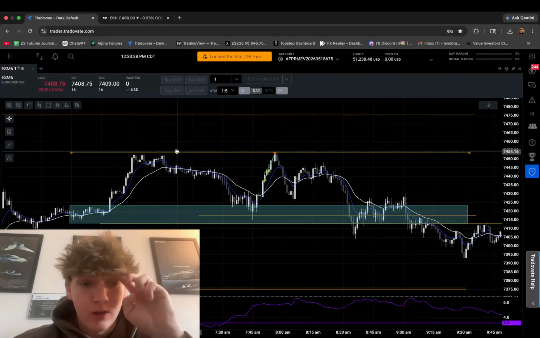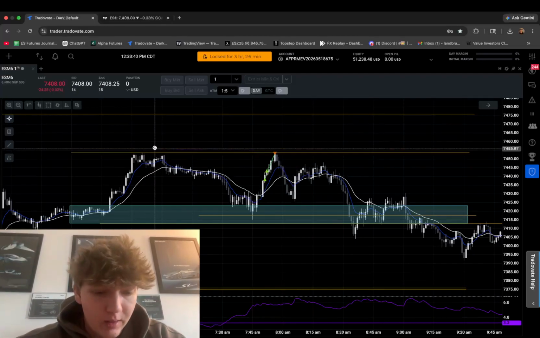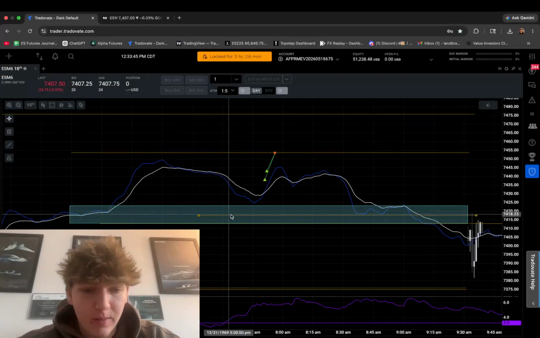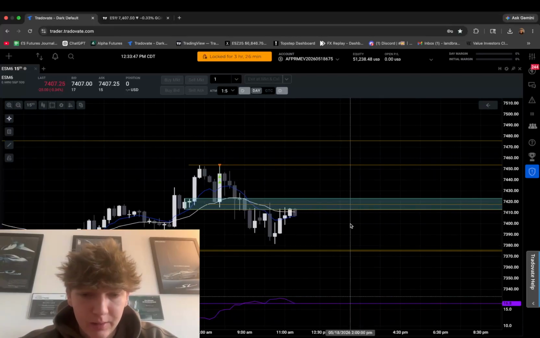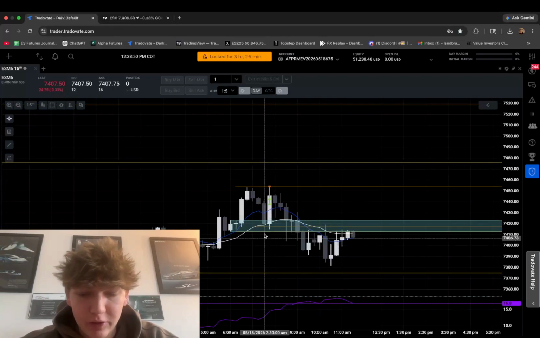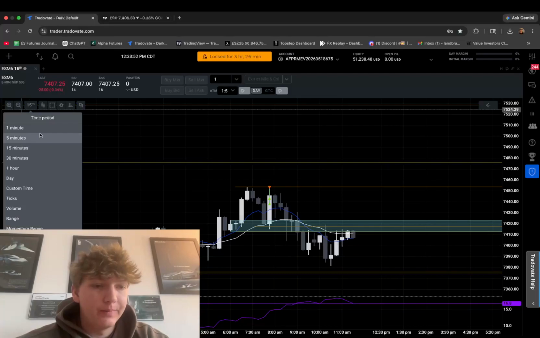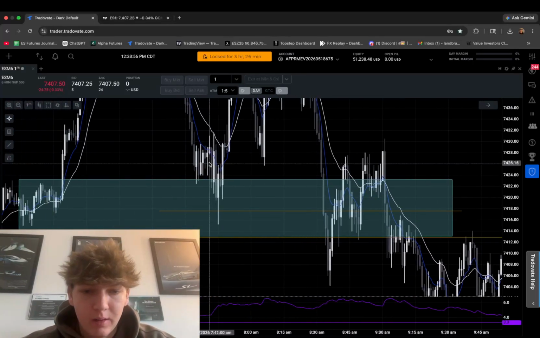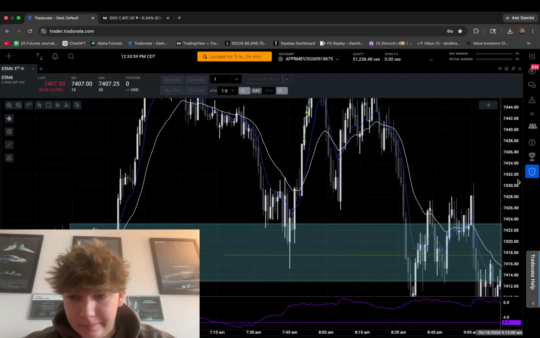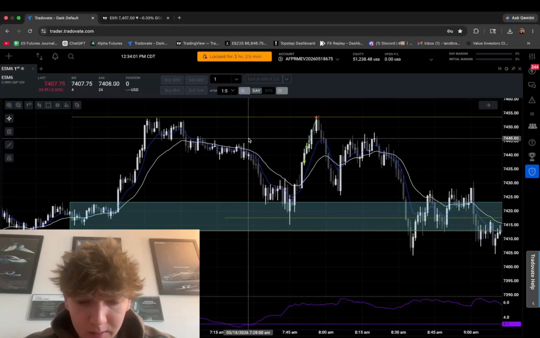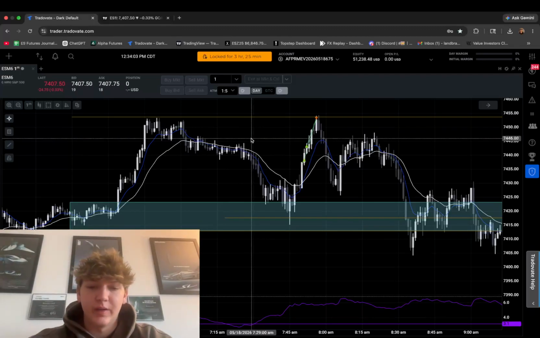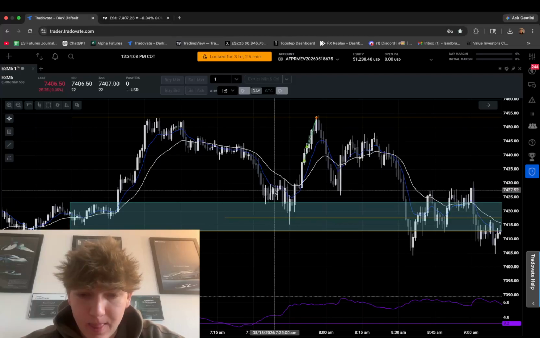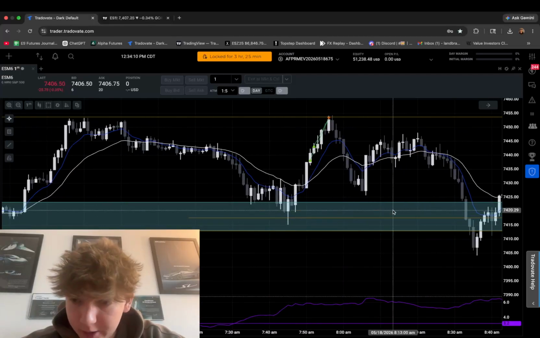Okay, so market open. We closed above on the 15-minute, the ORB. So we are looking for a bounce and then a reject for a long. We had market open up here at 7:30. Of course, everybody knows that. Came down here, bounced a little, chopped a little for a bit, and then actually got down to our ORB